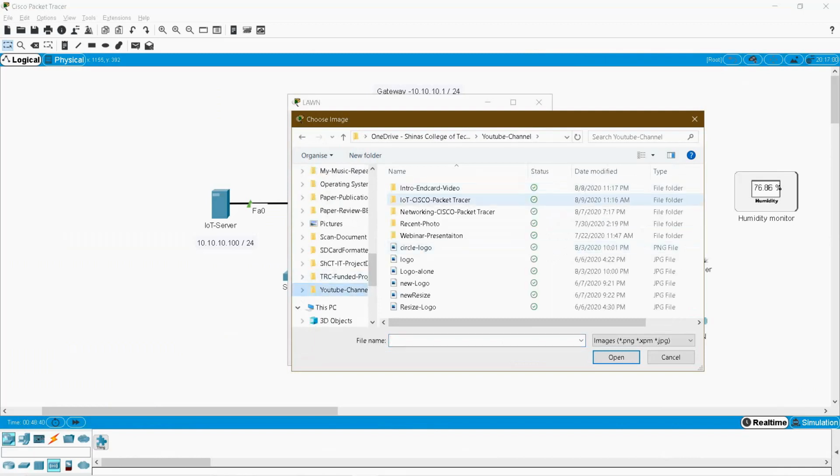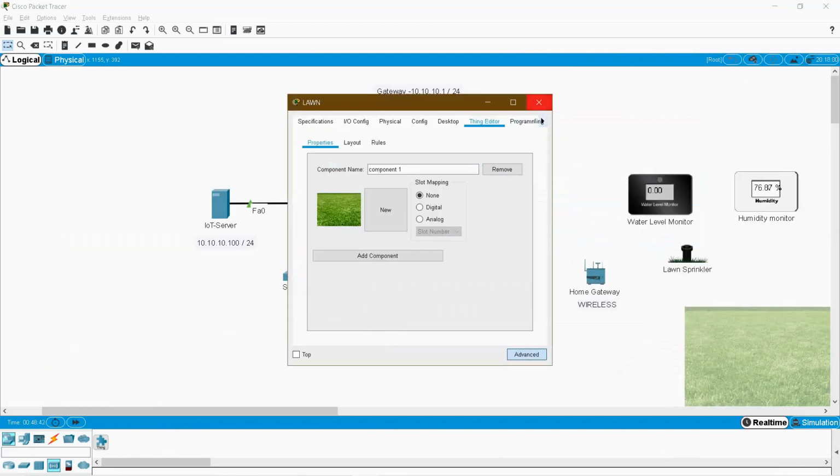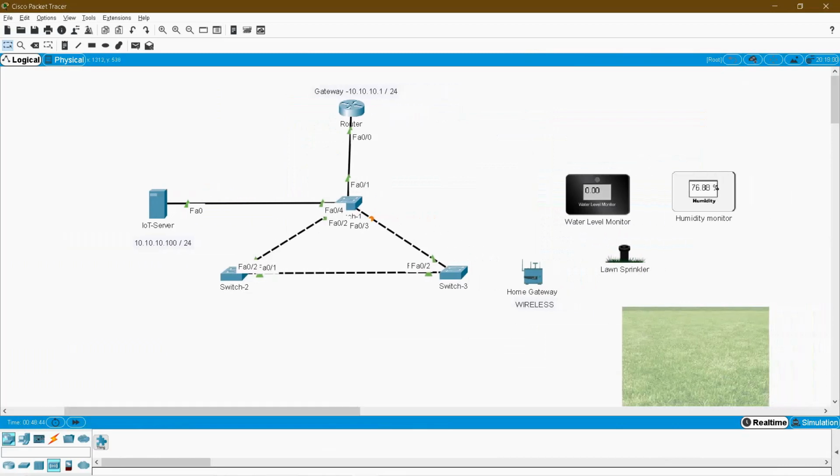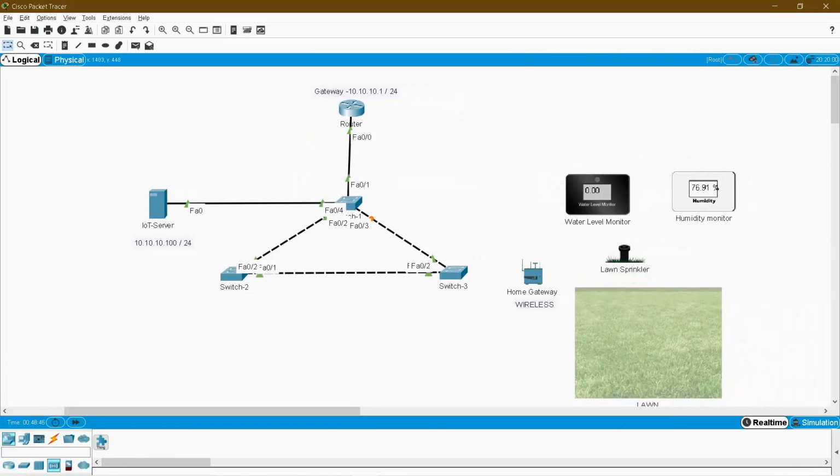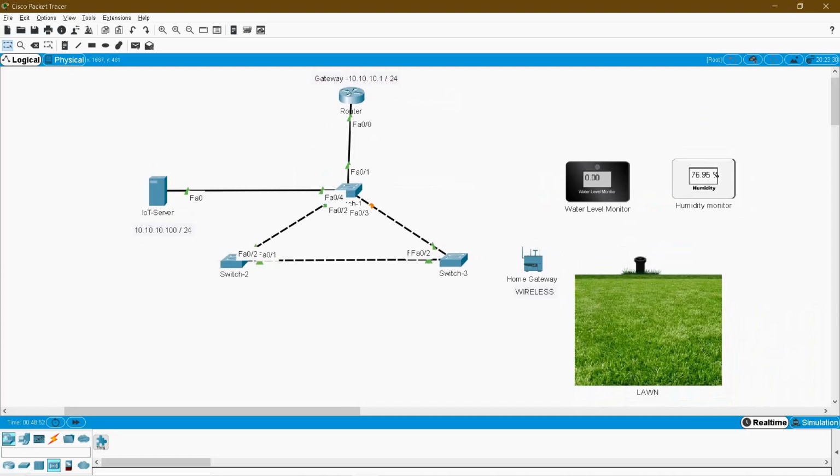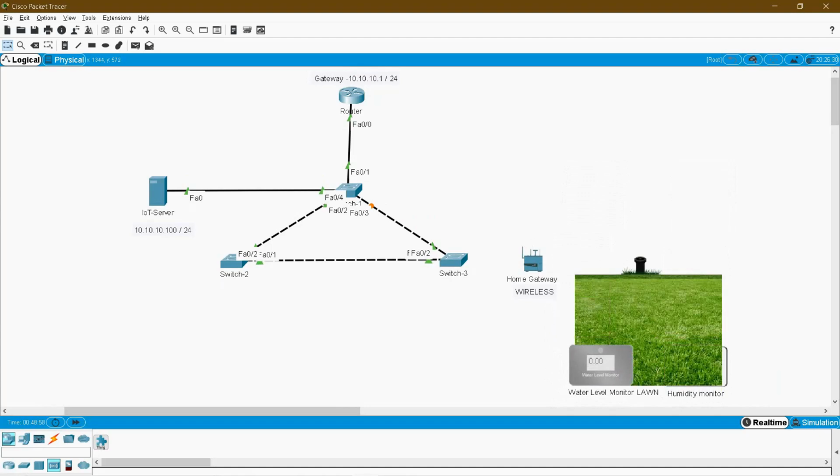So here I have saved it. Now you can see my lawn setup here. This is my lawn humidity monitor, and this is my lawn water level monitor.